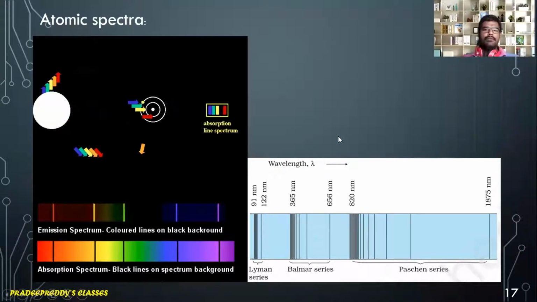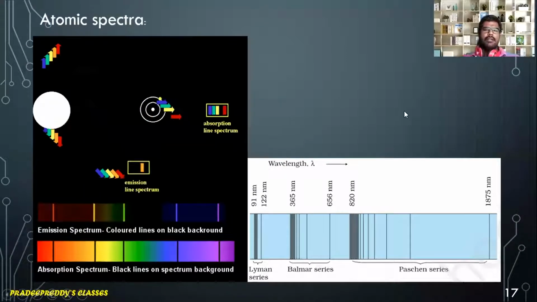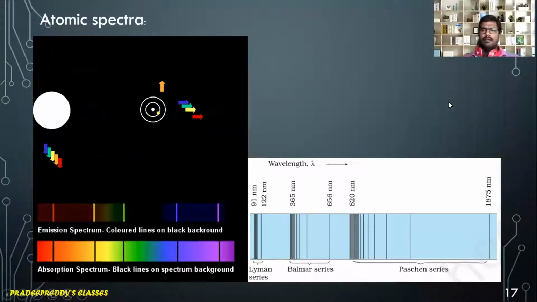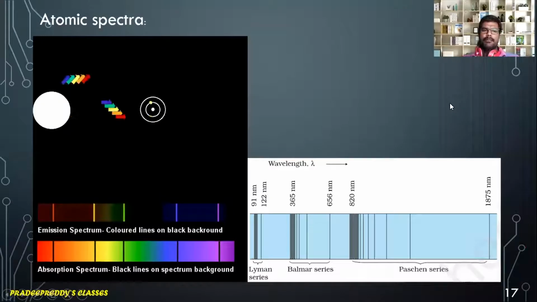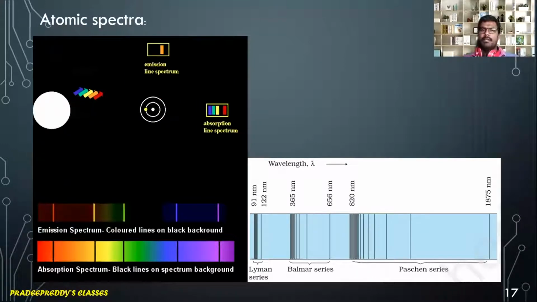Students, in the last few video sessions, we have learned Bohr's atomic model and Bohr's postulates of atomic model, and we have seen three postulates, out of which the third postulate gives the significance of atomic spectral lines of hydrogen atom. The formation of hydrogen spectrum can be explained by Bohr's third postulate, where E1 minus E2 is equal to h nu.